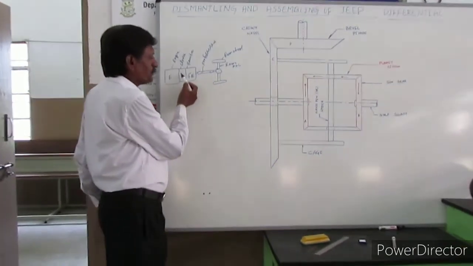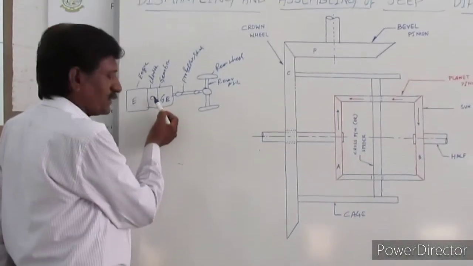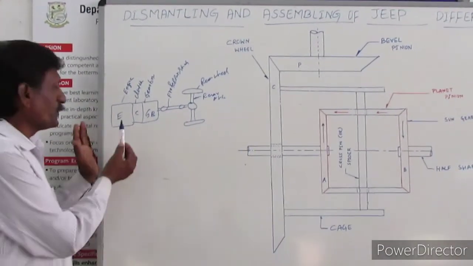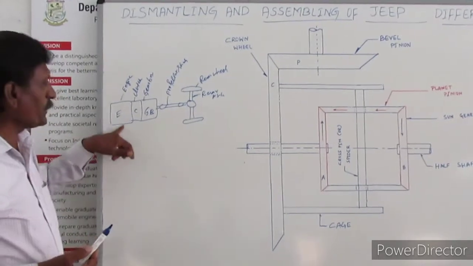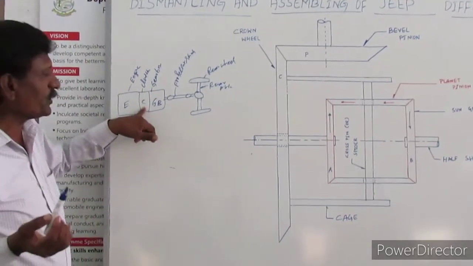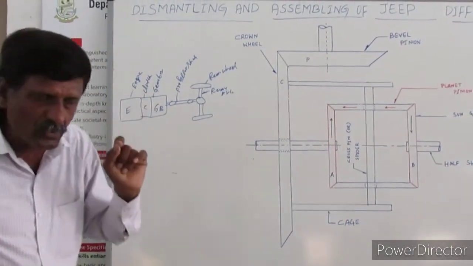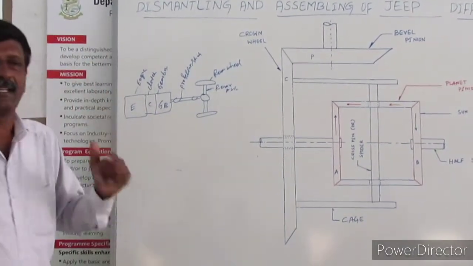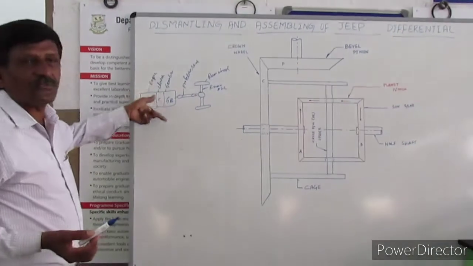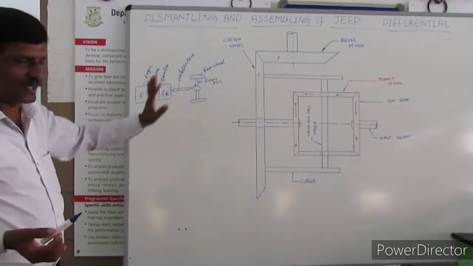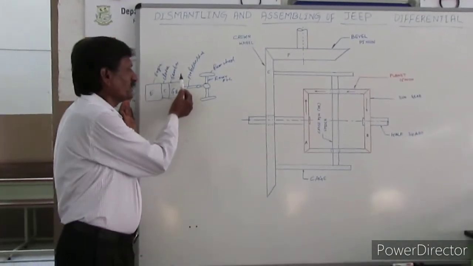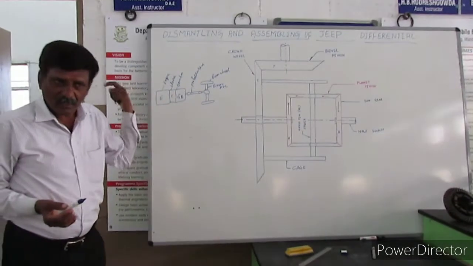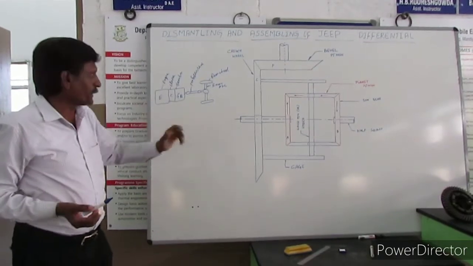And again, the power is transferred from the engine through the clutch, then the gearbox to the output shaft. For example, if the speed of the engine is 1000 rpm, the clutch shaft speed is also the same, 1000 rpm, and in turn the gearbox input shaft is also 1000 rpm, but the gearbox output shaft speed depends on the gear ratio which we are selecting. It may be first gear, second gear, etc. But when the gear ratio is in top gear, then the gearbox input shaft and the output shaft speed are the same, that is, the ratio is 1:1 or the top gear.